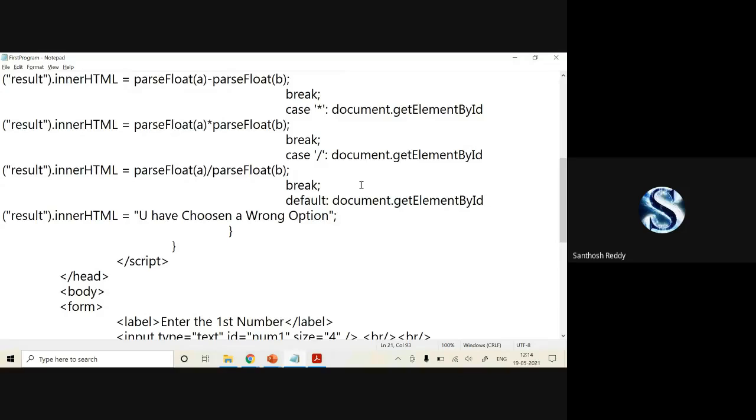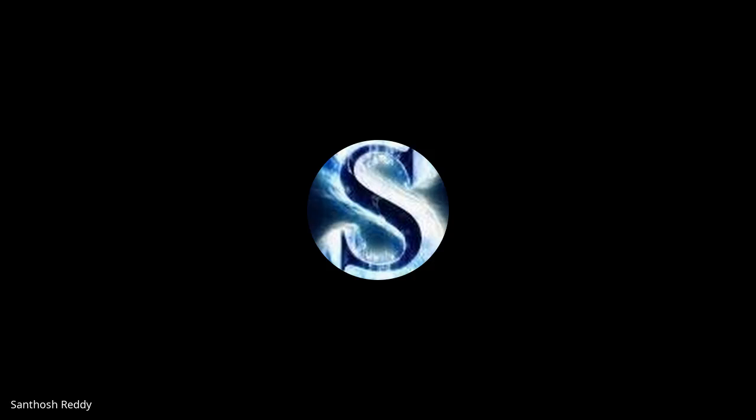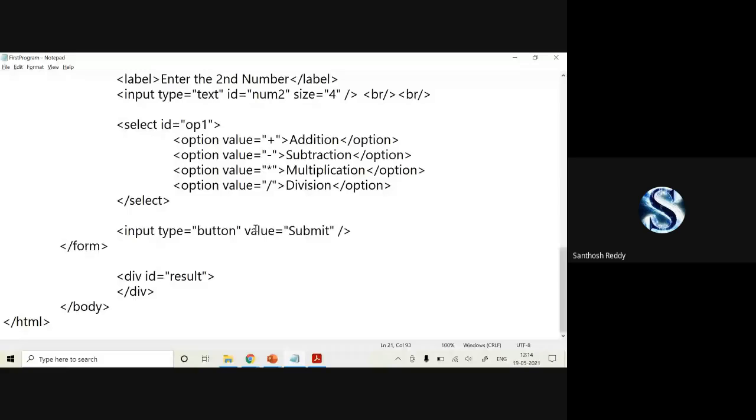But how will you get to know, if you want to go from this front end part to the back end part, once you click on submit? For that, for the button, we have to add one attribute known as onclick is equal to.